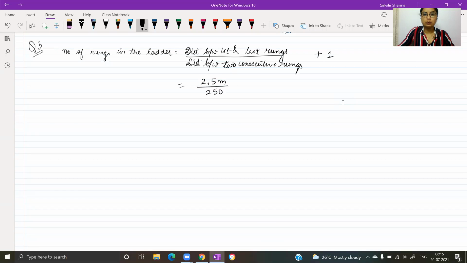The distance between two consecutive rungs is 25 centimeters, sorry. Plus 1. Simplify and obtain the answer. This will be 250 centimeters over 25 centimeters plus 1, which gives you 11 rungs. So the value of N is equal to